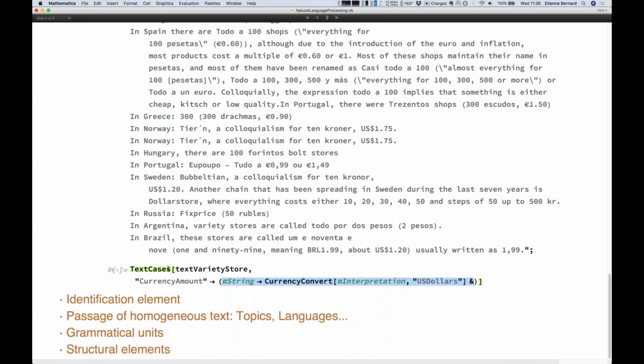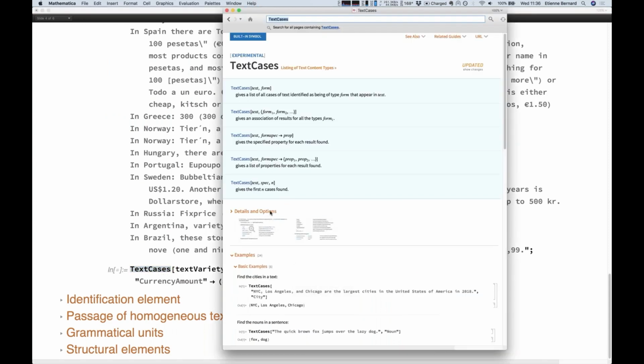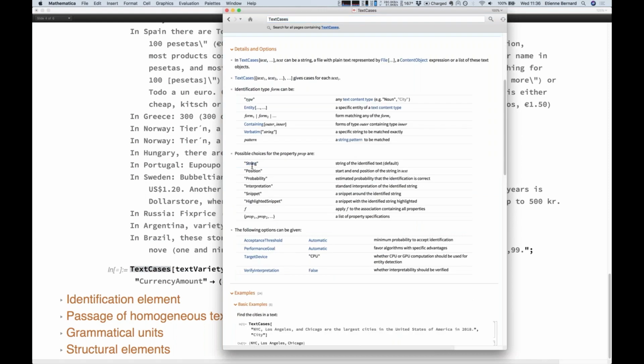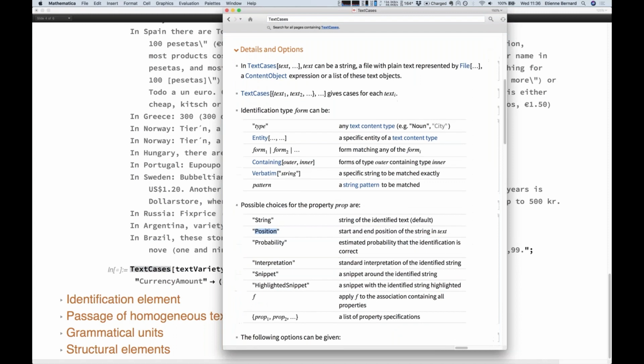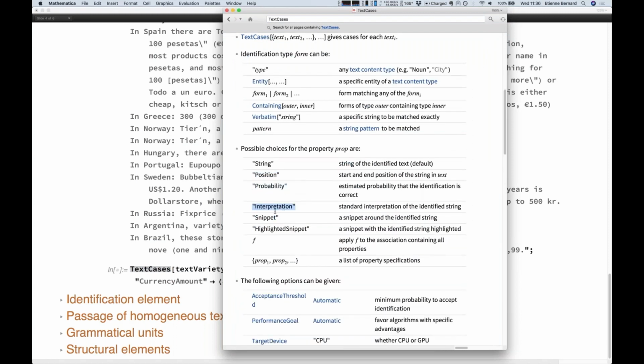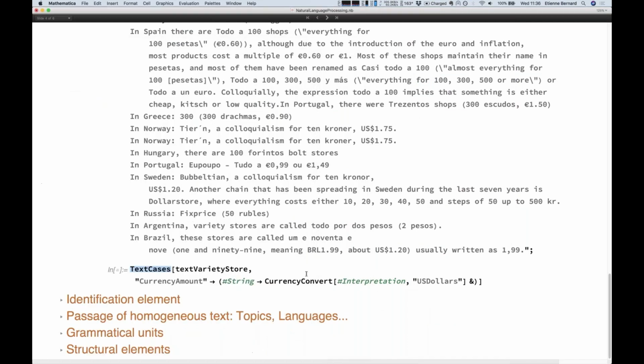So basically all the possible outputs of text cases, such as string, position, probability, interpretation, you can also use them as argument of a function, and sometimes it makes your life easier. So here I'm going to find the currency amount, find the interpretation, and then convert them directly to US dollars. So there you go.